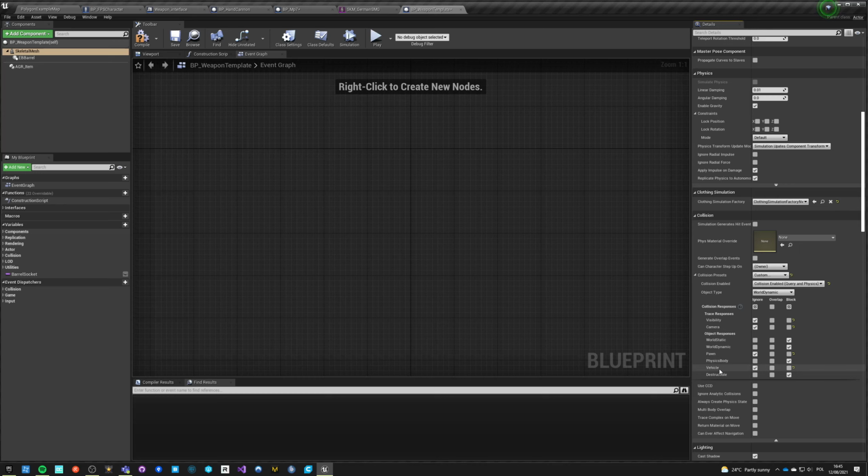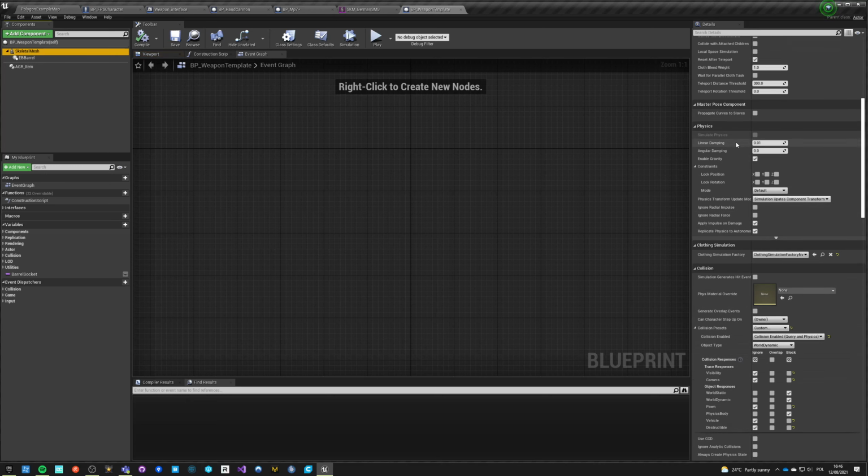We definitely ignore vehicles in case we ever walk into a vehicle. And if we don't want to damage destructibles on collision, we should ignore destructibles. Otherwise, when we hit with our barrel any destructible object, it will deal damage based on velocity and mass of the weapon. So now, when we have those settings done,